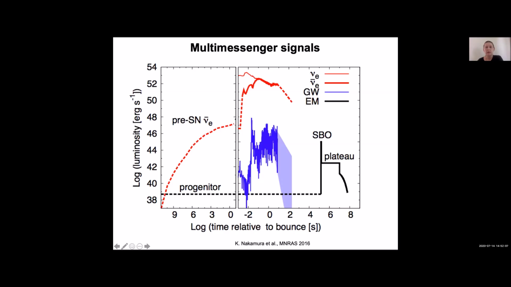Here is where the collapse happens. The blue here is a gravitational wave signal. That is, there are quite large uncertainties in what that will look like. It's not like a binary inspiral, but there's very likely some excess power in gravitational waves as well. And then all the electromagnetic fireworks happen later. It can be hours, it can be even as long as days, depending on the nature of the envelope of